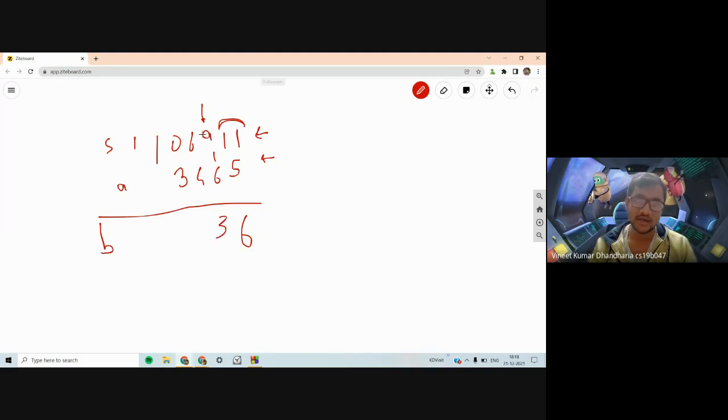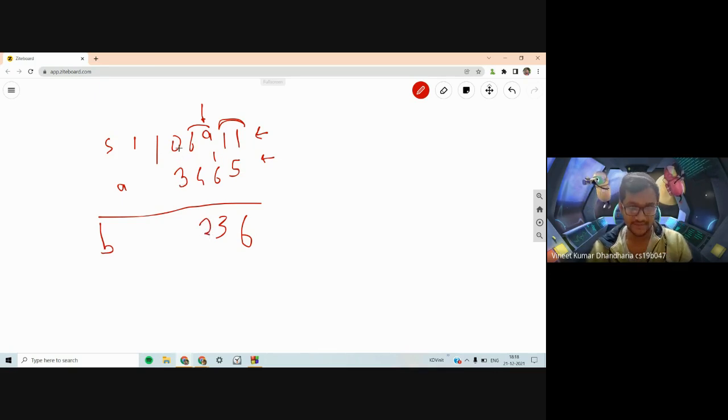Note that here you can't take two numbers, because since this number itself was greater than this, their summation would probably go greater than 10 if you take this as well. So B's each character should be a single digit. Only in S can you have a 2-digit thing. But for A and B, every single character on the same position is added. So for this character of A, there would be a single character corresponding to B. So here for 9 and 6, you would put 3. For 6 and 4, you would again put 2.